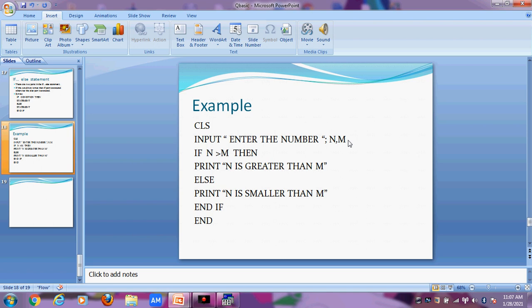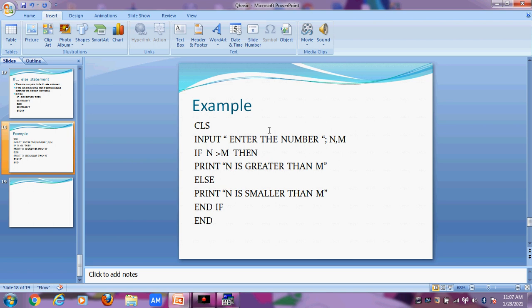These are two numbers. Now in these two numbers we will put values, like at the place of n we can write 9, and at the place of m we can write 6, any number we can write. Now if n is greater than m, so if this condition is true, then the statement written after the if, like print n is greater than m, will be executed. So if the condition n is greater than m is true, then the print statement is executed, and you will see the output.